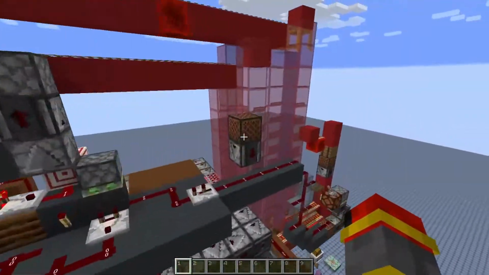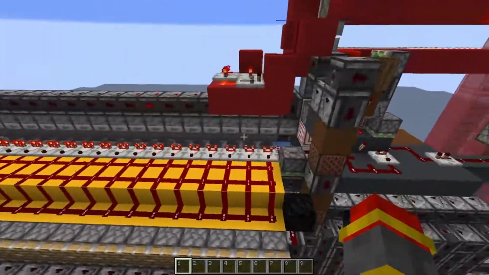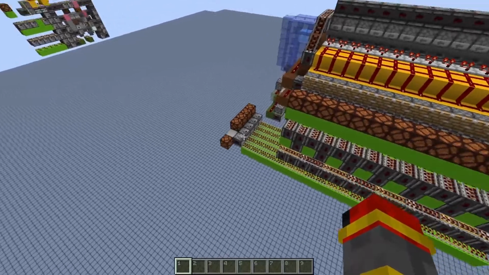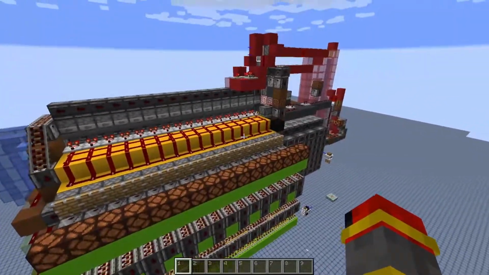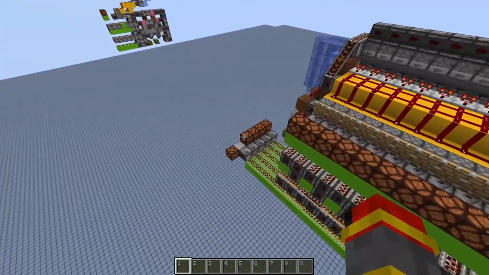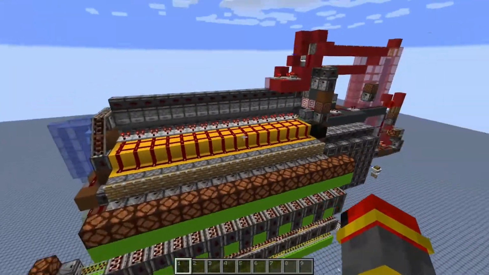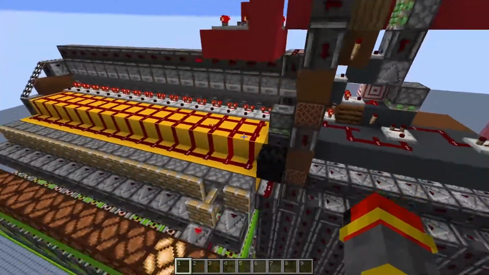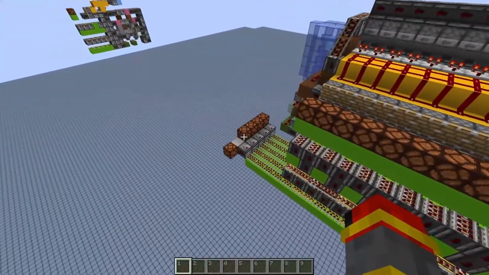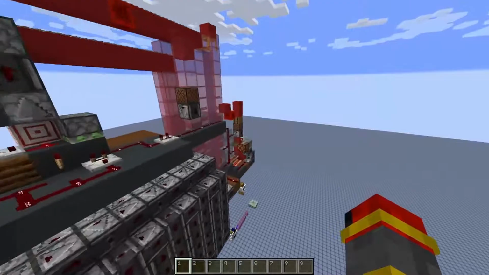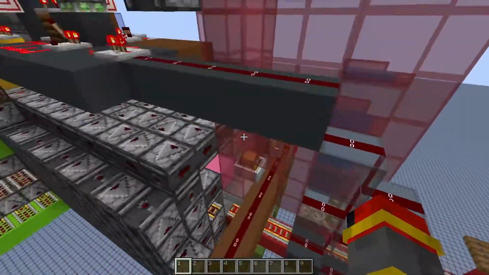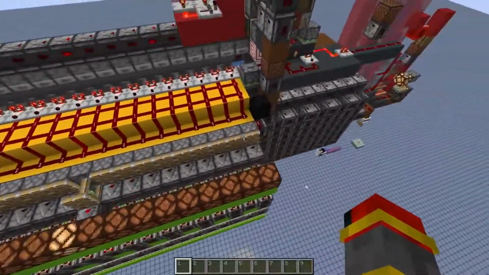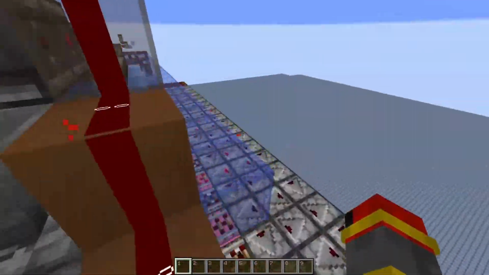Alright, so let's just take a quick look. The item goes through, it's a 0, because the first item is a white concrete, you have output of 0, and then you just have a clock. Every time I hit the clock, the next item goes through, so now it's going to be a 1. Then I can just turn on the clock and everything will start to work. So it's now counting up, and then it's going to count down, back and forth. So anyway,